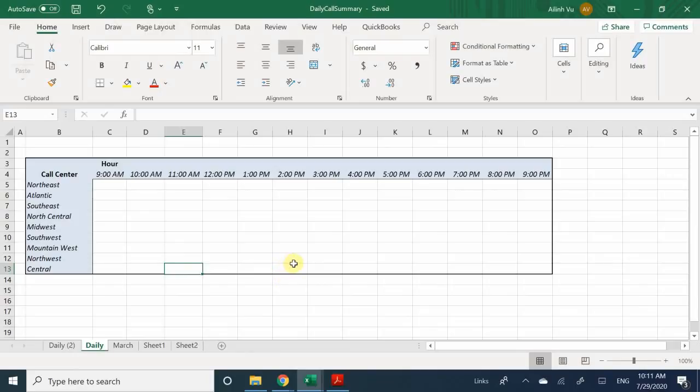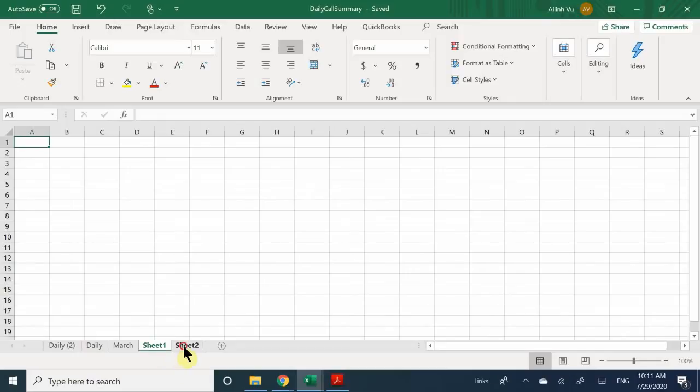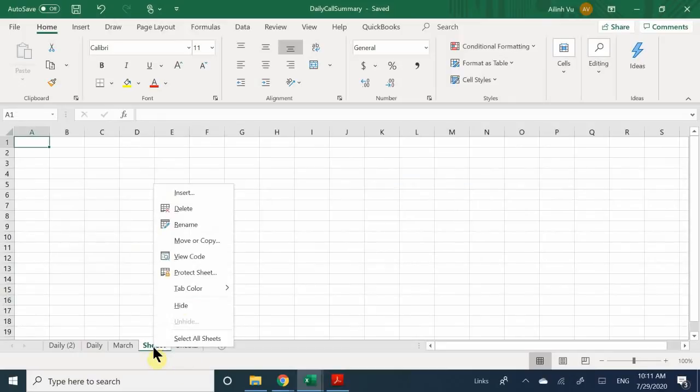Now, because I don't want to mess with my Microsoft program, I can show you what happens when you do actually end up saving that template, right? So we saved it as volume summary, or call summary, right? So every time I create a new sheet, I'd be able to click it and